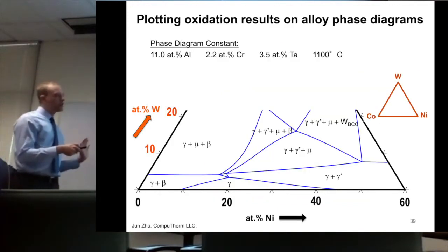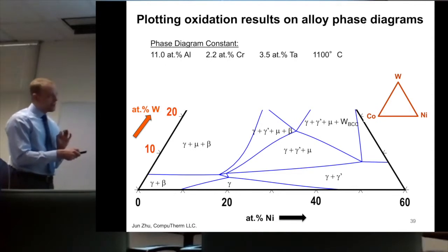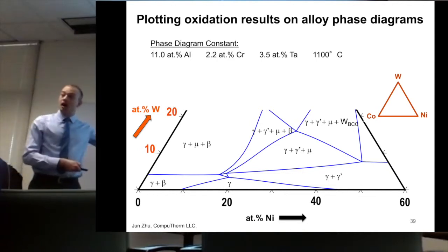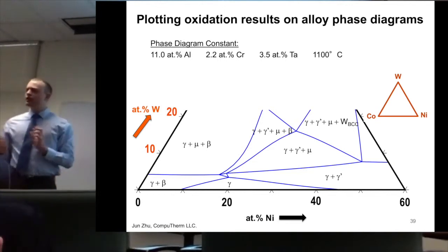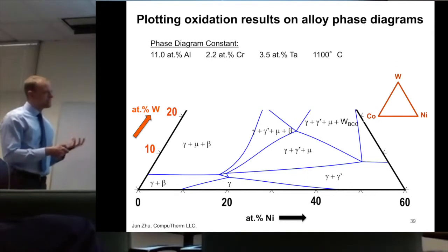Now, this time I'm showing you a phase diagram that's a new slice through composition space. We have increasing nickel across the X, but now we have increasing tungsten across the Y. So as we slice through composition space now, we have a larger section of the gamma-gamma prime 2-phase field. We have, again, some of those alloy phases we might expect to precipitate, including the tungsten-rich mu phase and aluminum-rich beta phase. And PANDAT is suggesting that as we increase tungsten too much, we might expect the precipitation of a